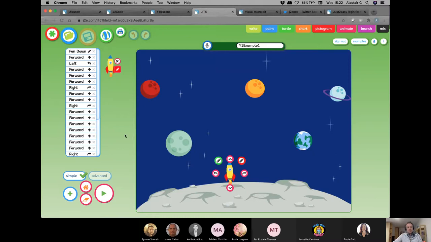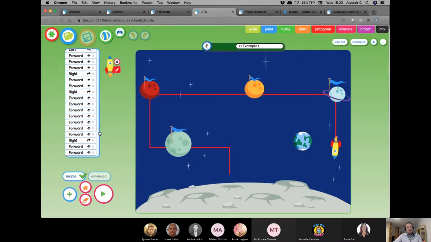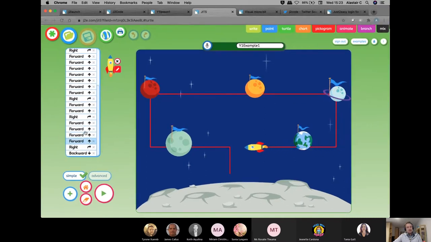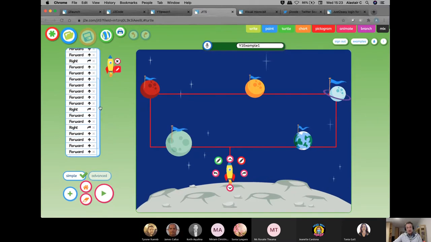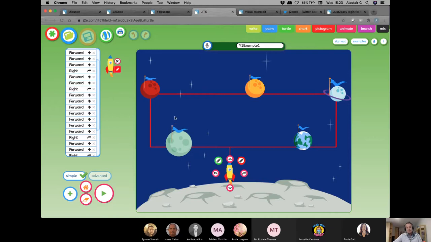And in this example, if I just press play here, it's doing two things. The sprite is moving across the screen because the challenge was to get the spaceship to all of the planets. But on the left-hand side as well, I'm showing the algorithm build that allows me to see all of the stages of the spaceship making its journey around all of the planets, because that's what the lesson was.